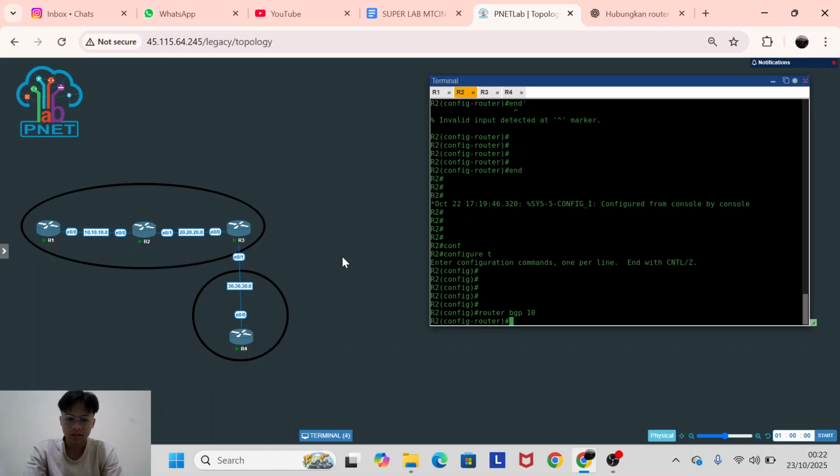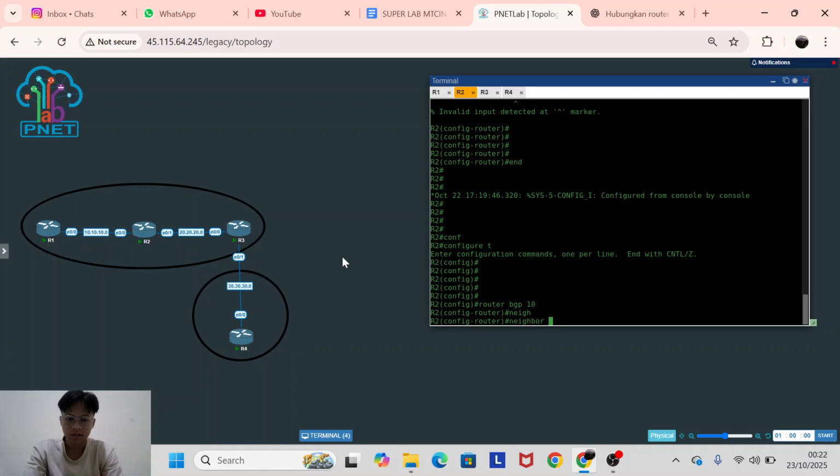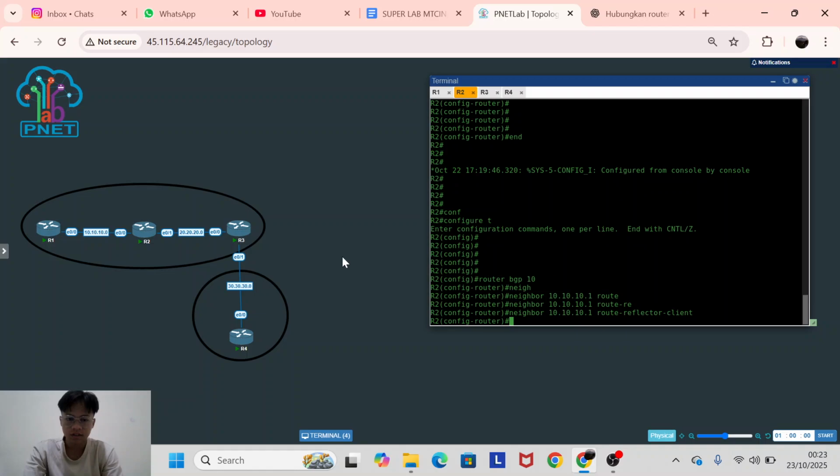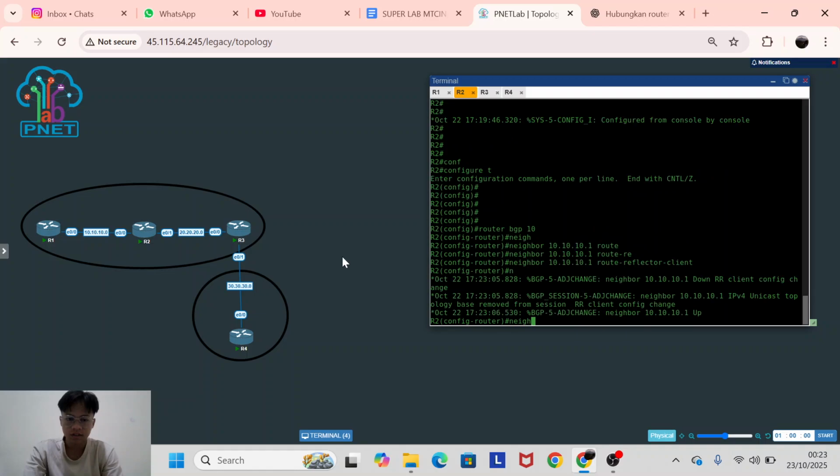So I use a route reflector. I call it neighbor 1 and route reflector client. This is for the left, and I will add for the right, this is down and here up.